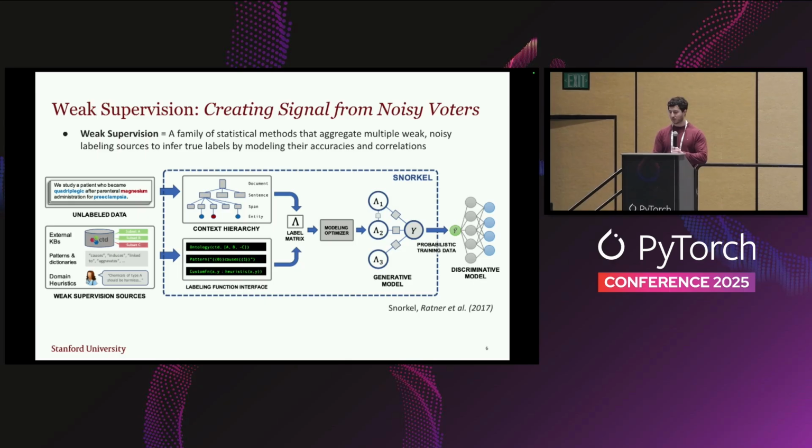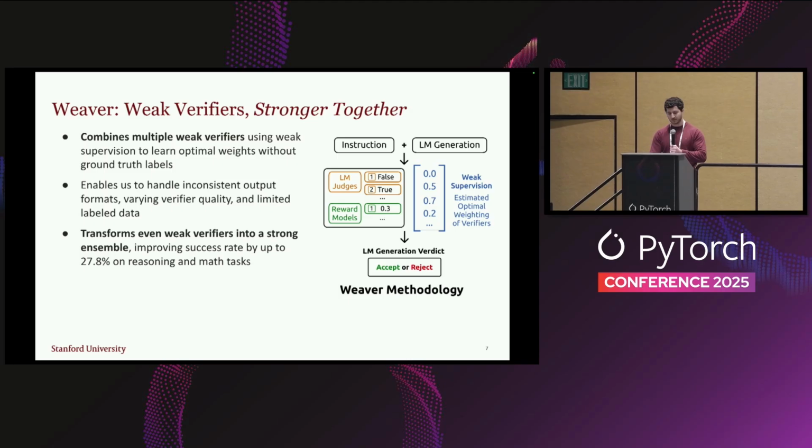So this was famously explored in Snorkel back in 2017, but it's since been used for all sorts of different labeling schemes, most recently towards pre-training and post-training labels. And so what we want to see is, can we extend this towards the setting of inference compute, when you have a ton of different samples and a ton of different sources for verification?